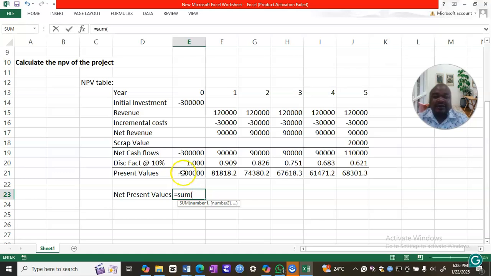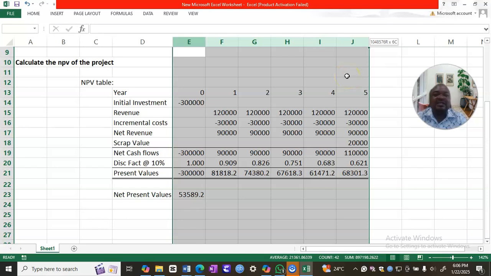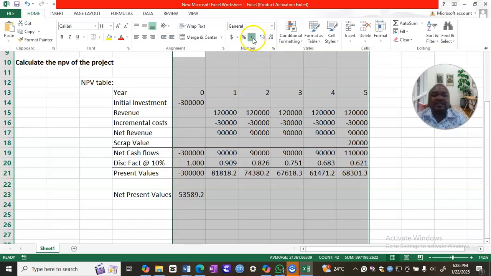You can sum up all these, close your bracket and press enter, and you get 53,589, 20 cents. $53,589.20. You can do a little bit of formatting, such that your figures are separated by